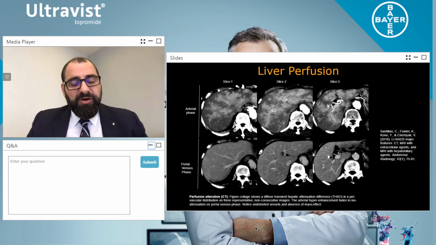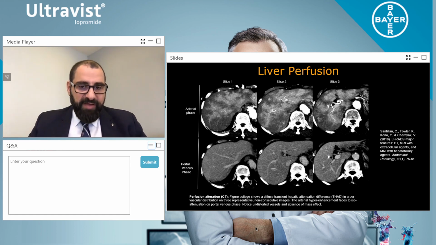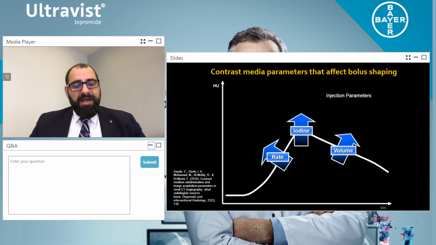So now let's talk about the summary of contrast media delivery in liver imaging. Remember, we talked about injection flow rate, and the faster you put your contrast in there, the faster it's going to go. But you have to remember one key factor here. The most important thing when we're looking at contrast media delivery, the heart can only accept so much blood and actually pump so much blood out.